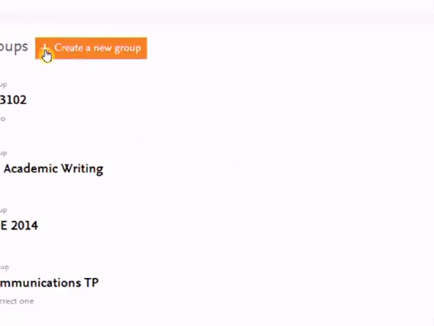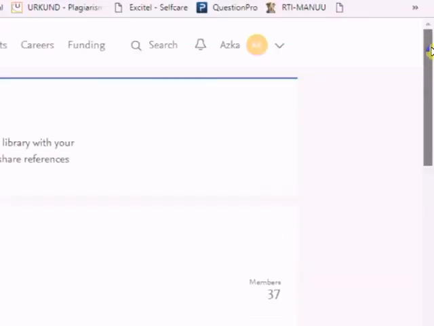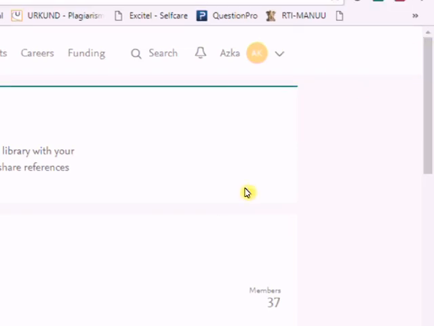Now similarly, you can create a new group. So for example, if you are working with 2-3 researchers, you can create your own group, and whatever content or text you highlight, they will be accessible to them, and whatever notes you make, that will also be accessible to your fellow researchers. So this is the demonstration which I wanted to show you. Let me tell you that after I started organizing my references in Mendeley, I realized that my life has become much easier in the context of my limited research work which I do.